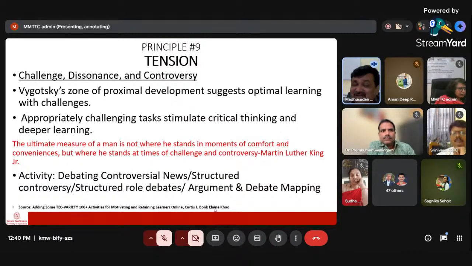Appropriately challenging the task stimulates critical thinking. And ultimately, with the help of critical thinking, what happens is deep learning. In higher education, our job is to take them to deep learning, not very superficial learning. So the activities that have been suggested in this book are debating controversial news, structured controversy, structured role debates, argument